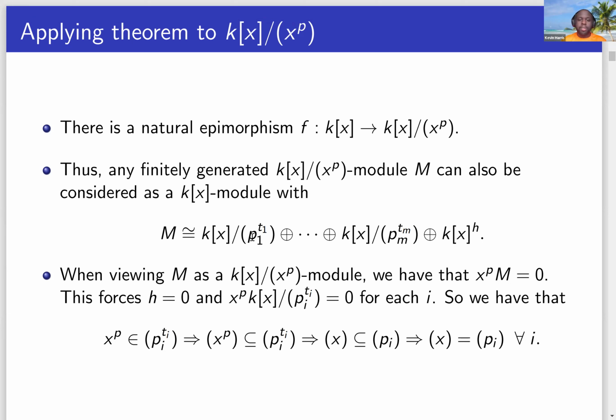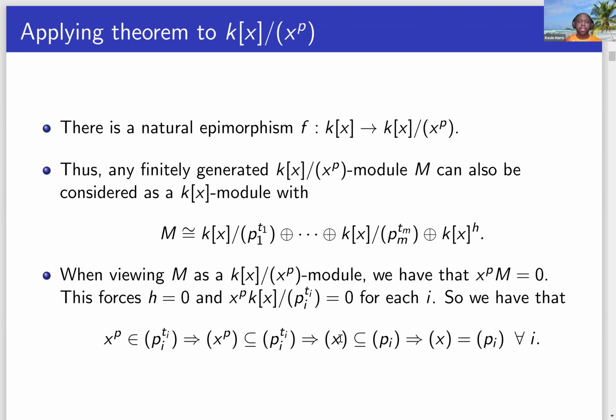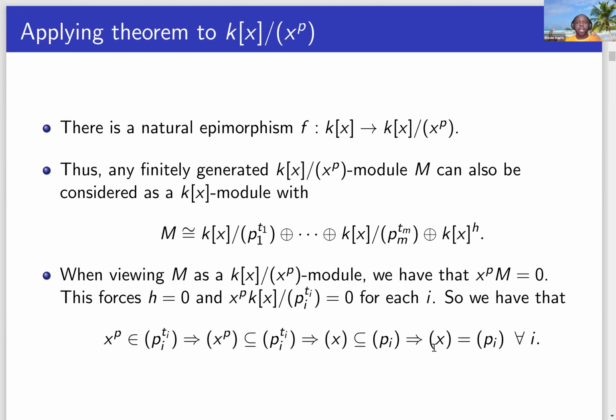And we also need something very particular to happen with these irreducibles, with these P1s up to PMs. We can see that in order for everything to be zero like we need it to be, that just means that x to the p has to belong to each of these ideals. That means the ideal generated by x to the p has to be a subset of those ideals. But we can use radicals to show that the ideal generated by x has to be a subset of the ideal generated by p sub I, which lets us know that the two ideals are actually going to have to be equal, because these p's are irreducibles, the only way that can happen is if